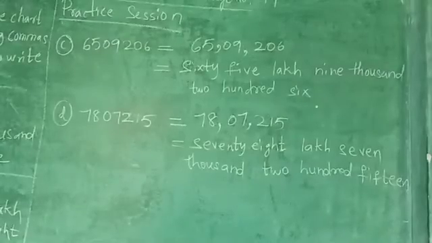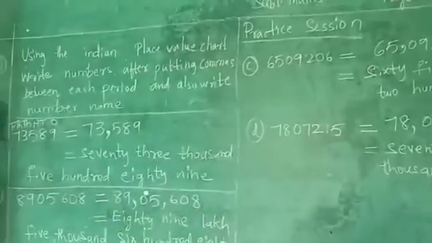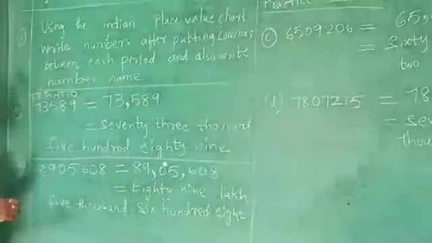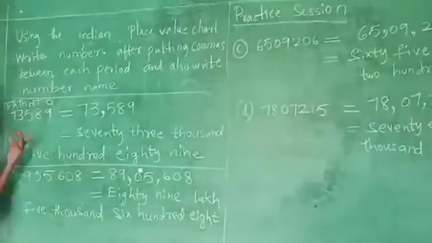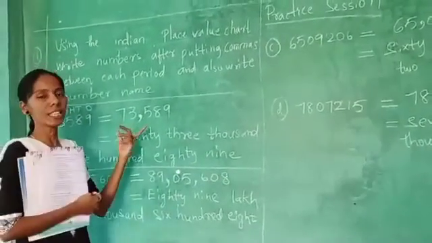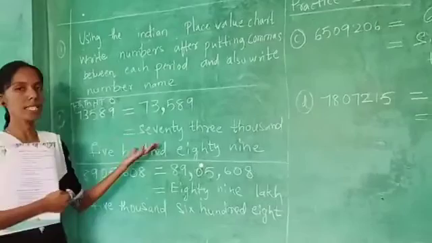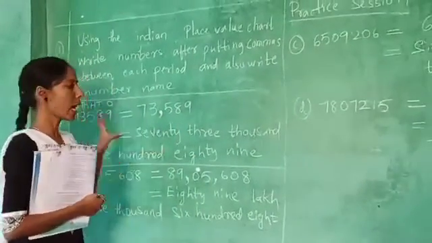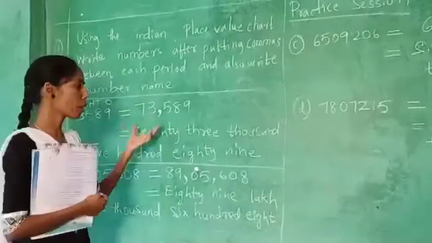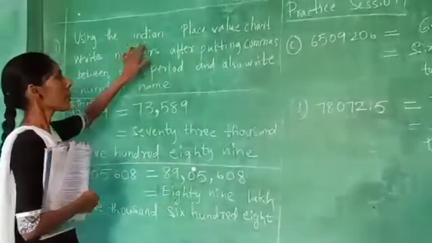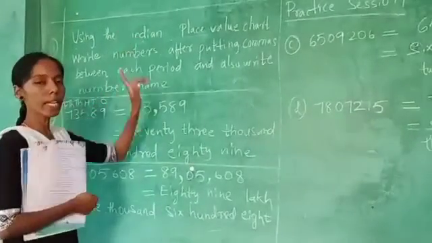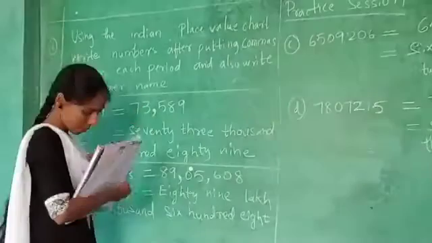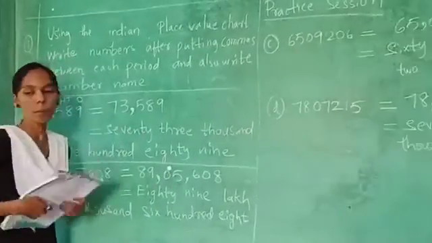See, this is totally 4 problems they have given in the practice section. The first bit is using the Indian place value chart. Already we completed this in the exercise. The practice section is nothing but whatever we completed in the exercises, repeatedly given as other bits. You just have to remember the place value chart, then only you can write this. You have to remember the Indian place value chart and also the international place value chart. This is the first bit. We'll go for the second bit. I will write it on the board.